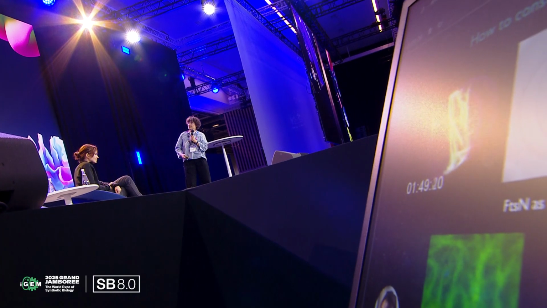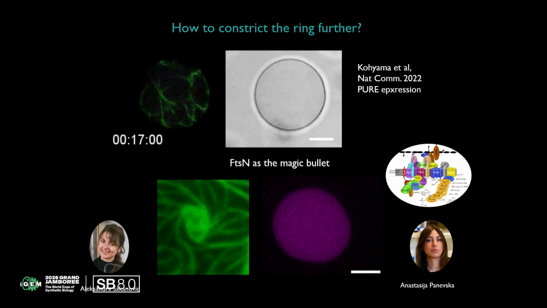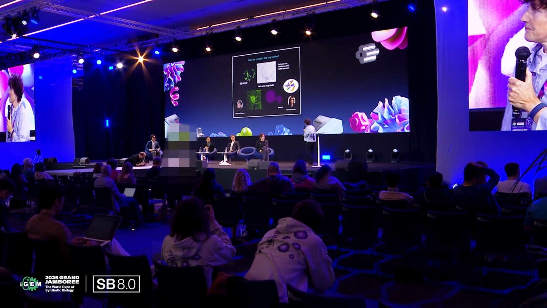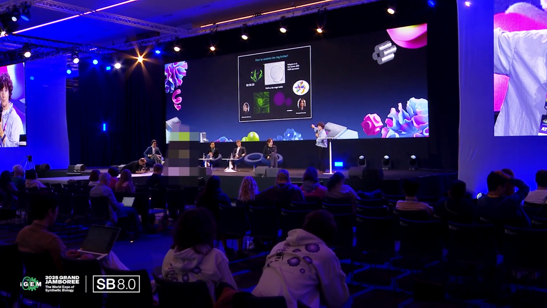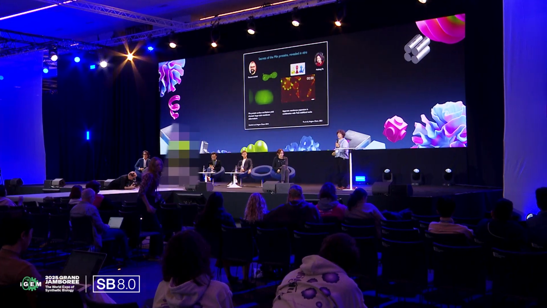And we very recently also found another part of our multi-protein FtsZ ring that helps constricting even further. This is FtsN. If you have FtsZ on a surface, you can see that it makes constrict. And if you add it then to our vesicles, you can see that the constriction goes all the way almost to the full scission. So this is a set of 6 proteins. So that's pretty good already. And now we see where we can go from there. But I would like to take the last 5 minutes to show you something about serendipitous results, which might be even more important for our overall goal of constructing cells from scratch.